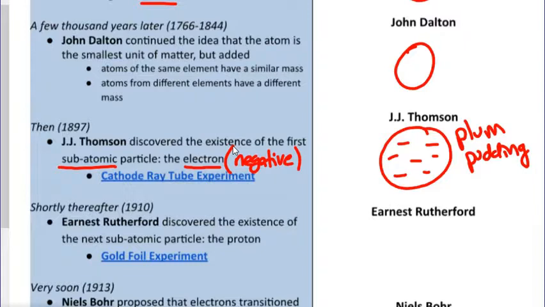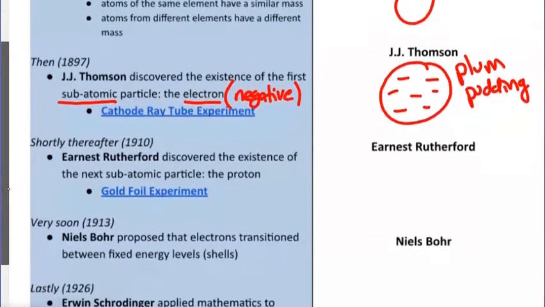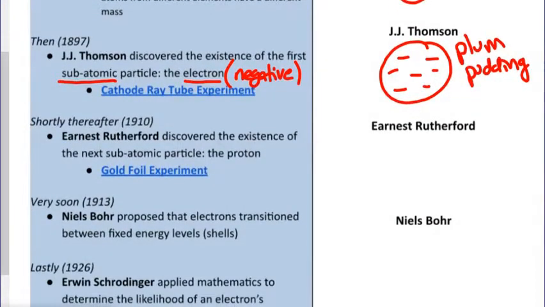And the real reason for that is that Thomson was a British scientist, and they have desserts in Britain called puddings, which are essentially a cake. And if you make a plum cake, the plums are going to be scattered throughout all over the place randomly, in disorder. So that was his theory, that these electrons are just scattered randomly about the inside of an atom. Okay? A couple decades later, Ernest Rutherford did another experiment proving the existence of the next subatomic particle,